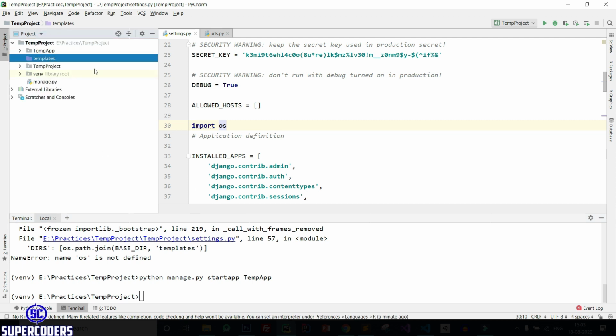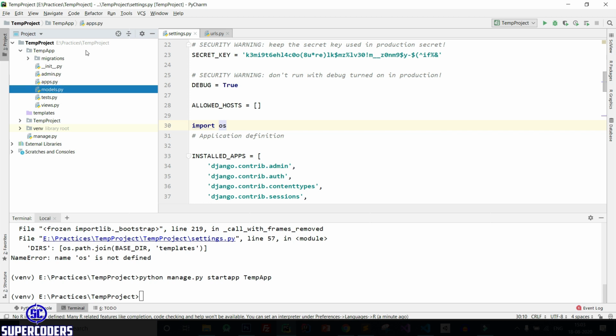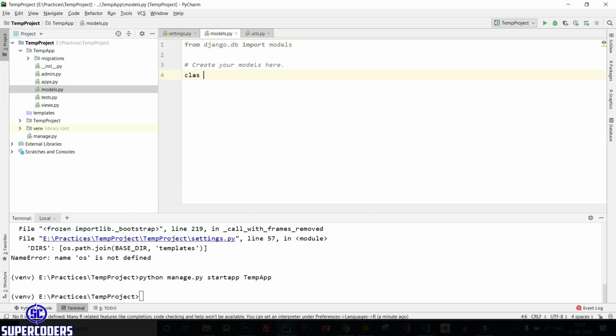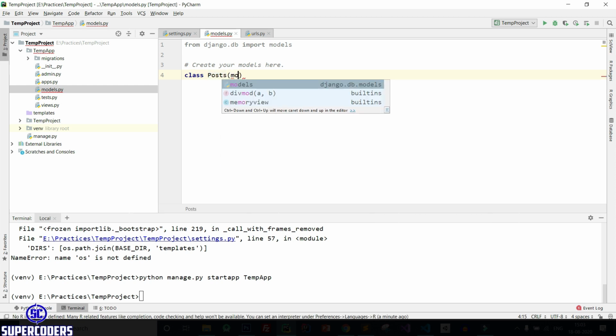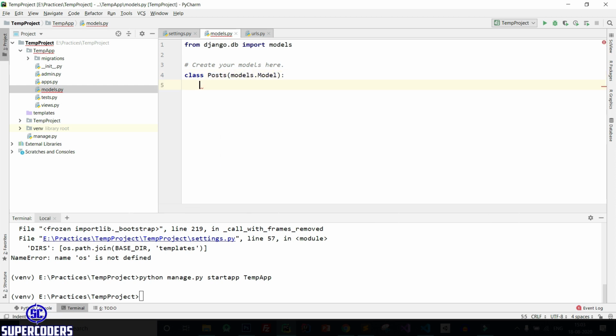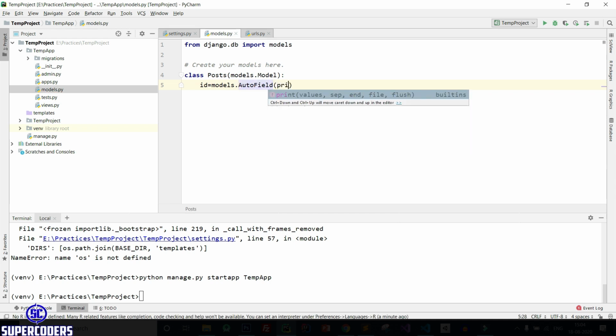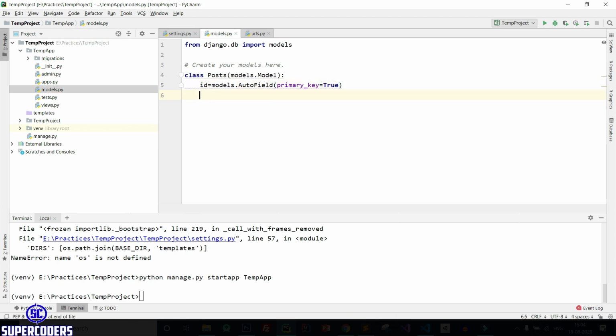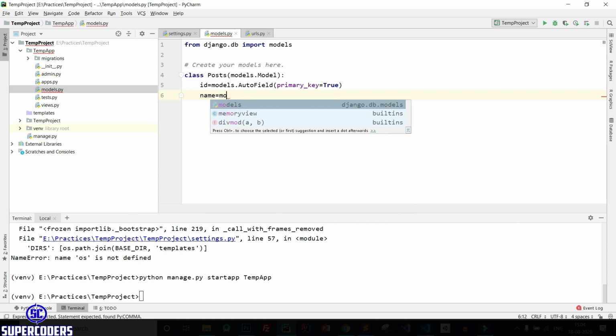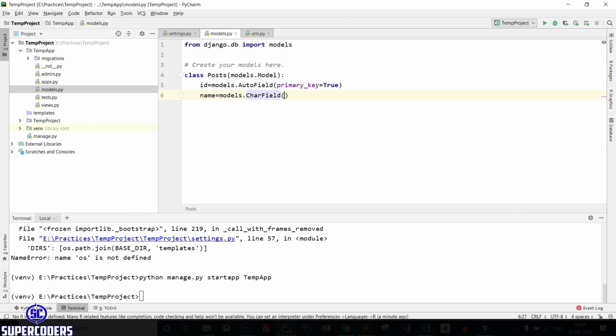Let's create a model. So class posts models dot model, then adding field id equal to models dot auto field primary key true, then adding name equal to models dot char field max length 255.